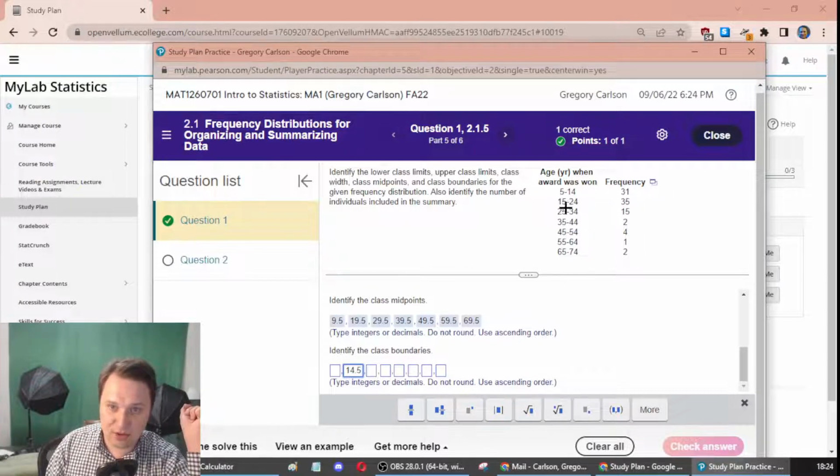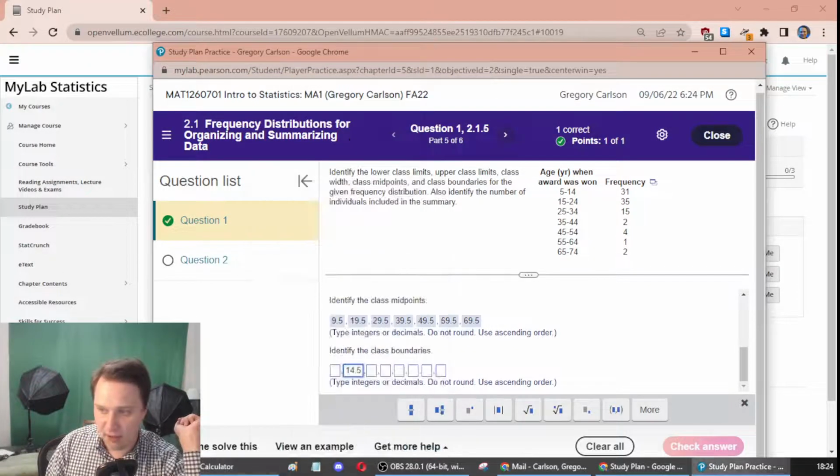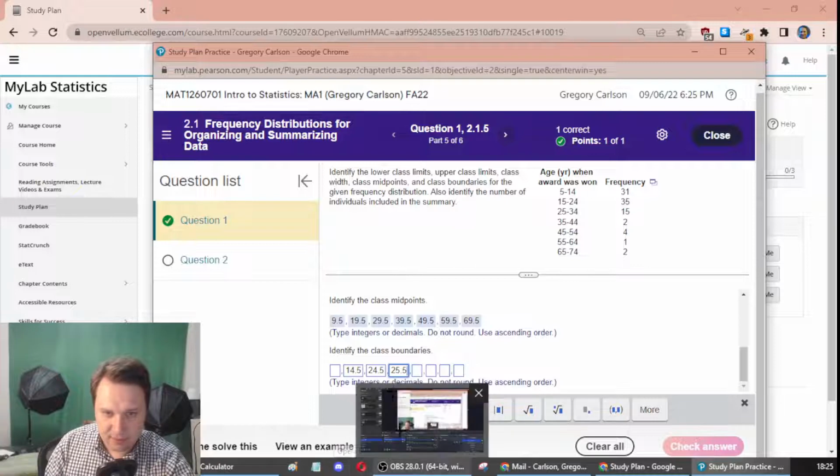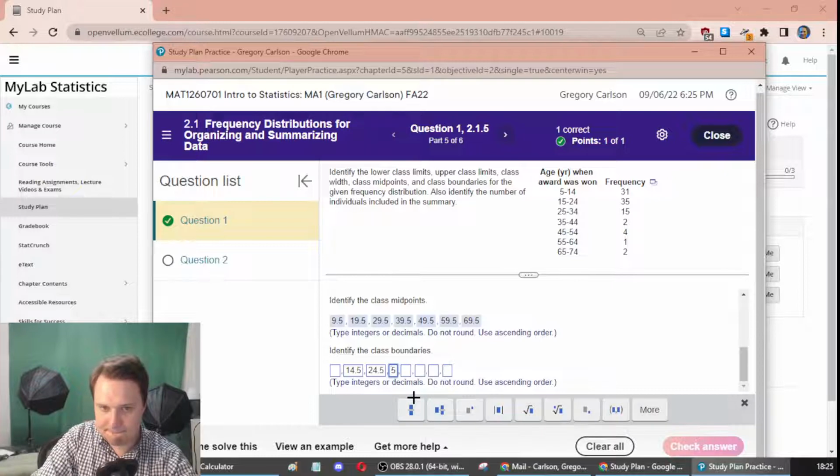So now let's do the next one. Let's do 24 and 25. So the one lower boundary and then the next upper. All right, so that's 24 plus 25 equals, divided by 2 equals, and so I get 24.5. I'm going to put that as the third answer, okay? Now, you'll notice that this is going up by 10 every time, just like all of our others. It's going by the class width, so I'm just going to add 10. Oops, shoot, let's do it correctly. So I'm going to add 10, which would be 34.5,